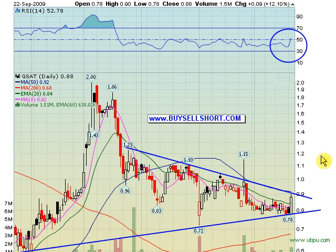GSAT was a new trading alert today. This is a satellite play. It's also a quarter end window dressing play. We had a big move in our TSTR play over the last few days, about a 30% pop, and this chart is flashing a buy signal today. Got a nice little spike on volume, and then it got rebuffed at its 50-day moving average, which is really no surprise. This is the breakout on this one, and we're looking for a move to a dollar